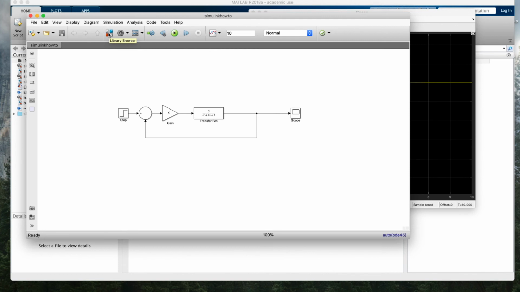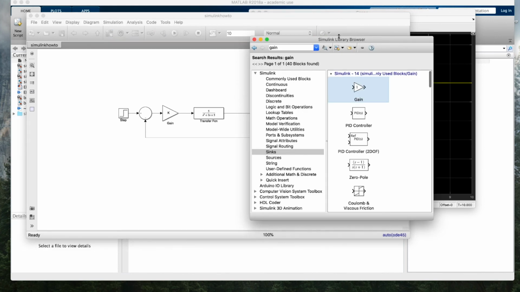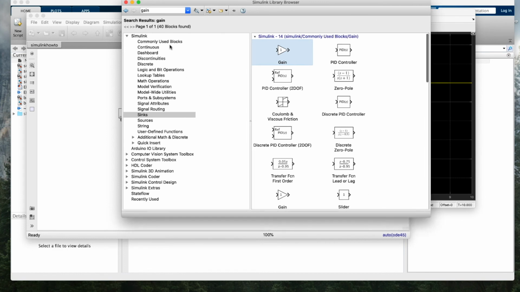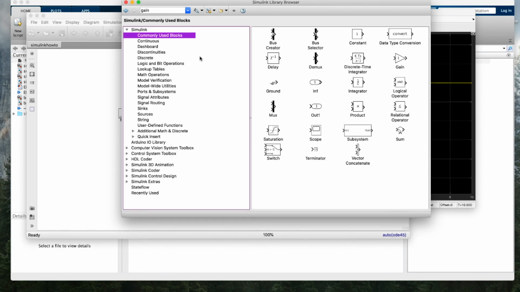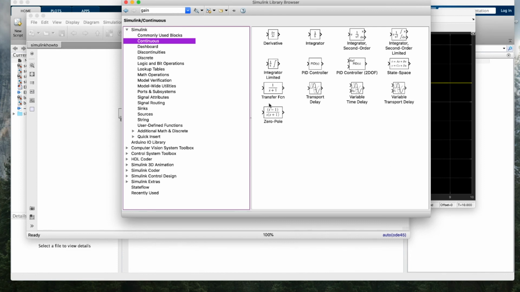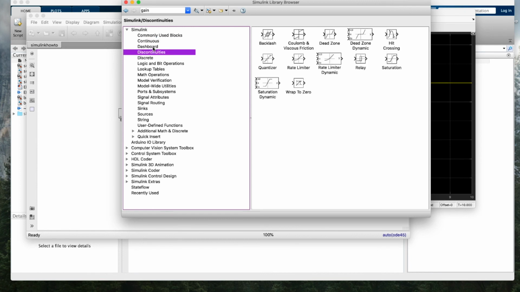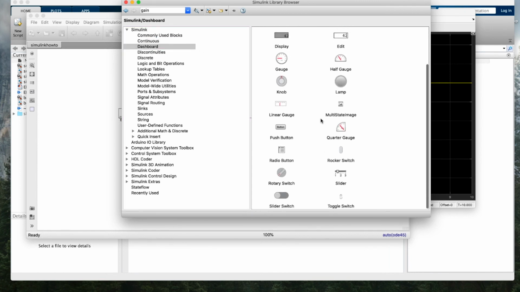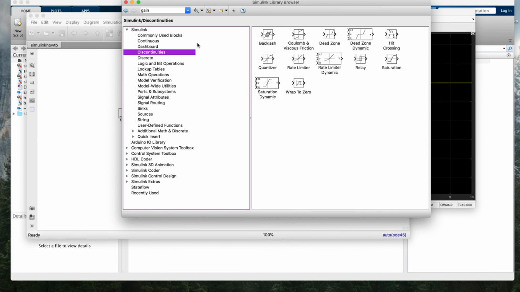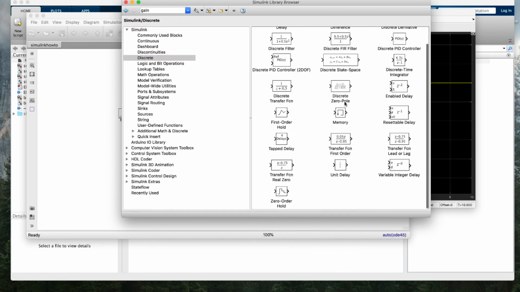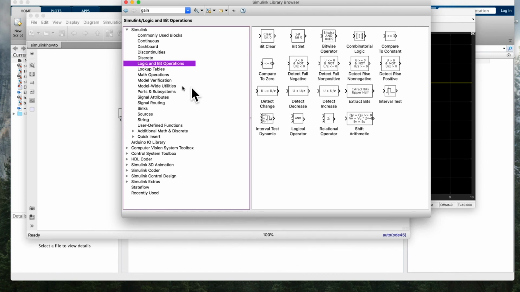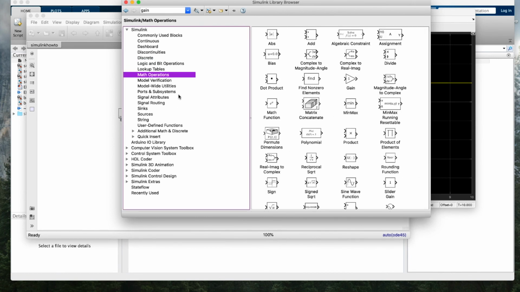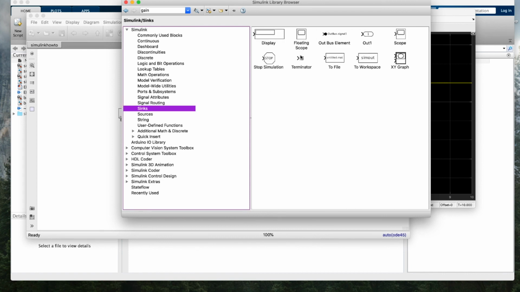It turns out that you need a lot more information. If I come back to my library browser, I'm going to just zip through some of the options you have in here. There's some commonly used blocks. The things that you see here may be different depending on your use, but I've got continuous. I can add transfer functions, controllers, derivatives, so on. I can do a dashboard to make it look like a nice graphical user interface. I can add discontinuities, discrete time, system routing, logical operations, math operations, lookup tables, sinks, including a terminator and scopes,